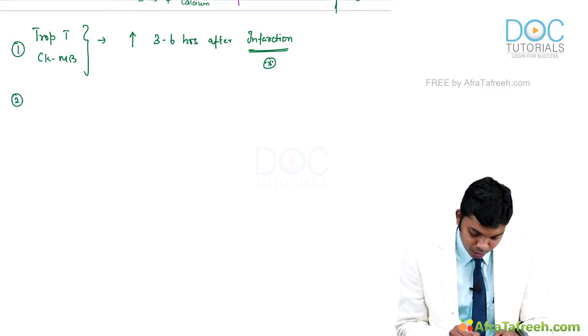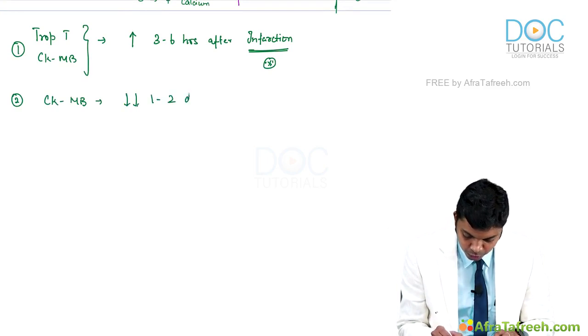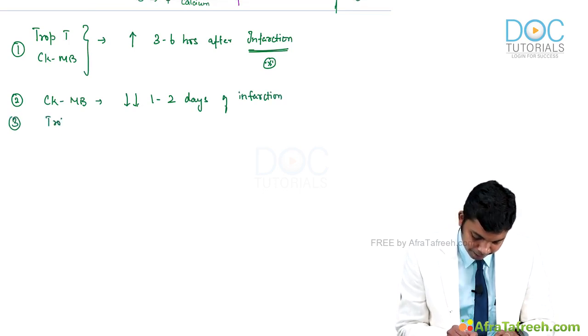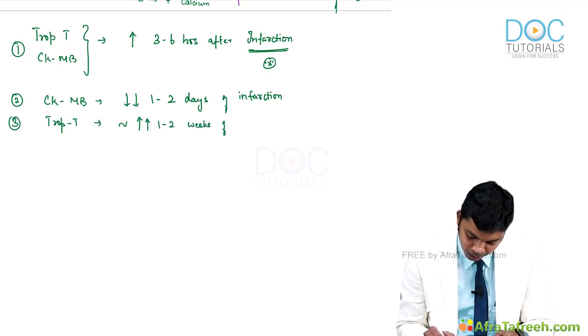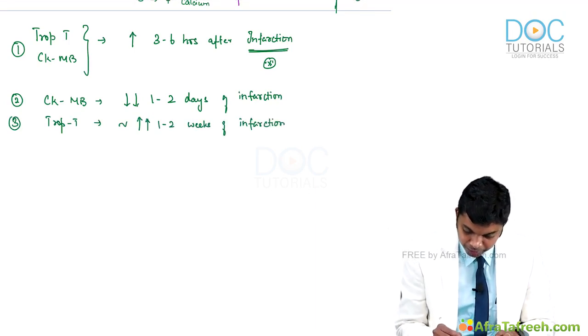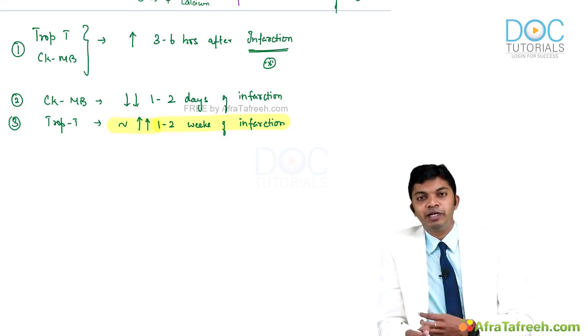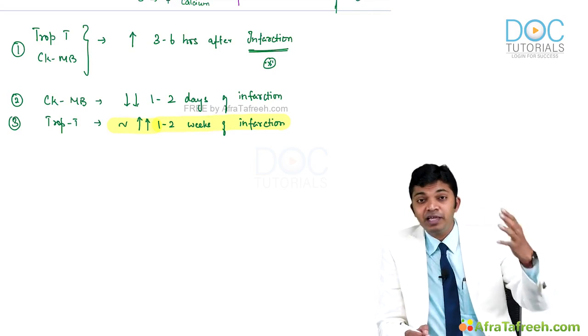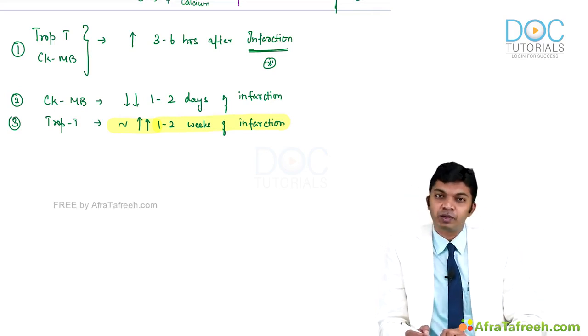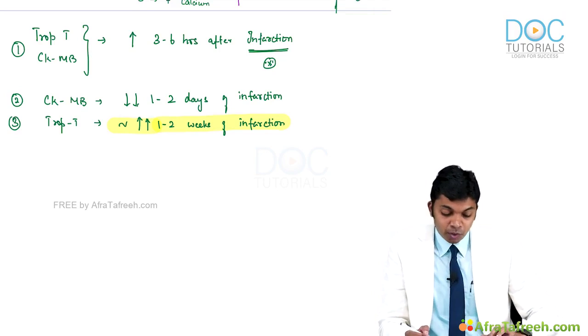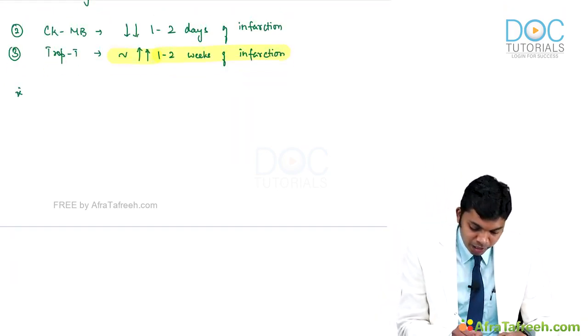Number 2, while creatinine kinase MB falls within 1 to 2 days of infarction, troponin T remains elevated for about 1 to 2 weeks after infarction. Remember, troponin T remains elevated up to 1 to 2 weeks after infarction. So, if you go for serial assessment of troponin T, you could still find increased troponin T for a duration of 1 to 2 weeks, doctors. That is very important. Now, the most crucial point here is when you suspect